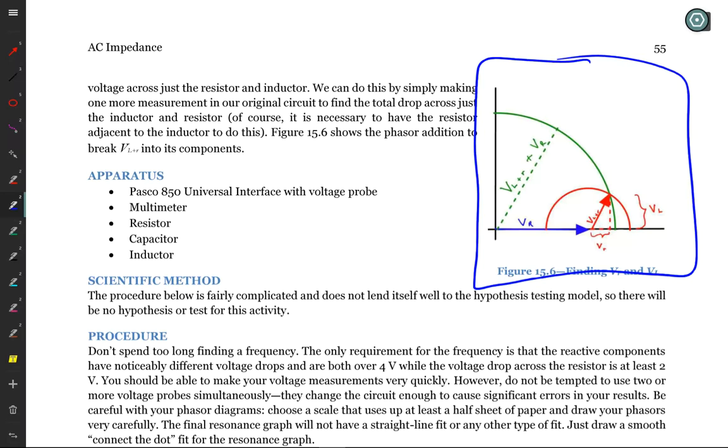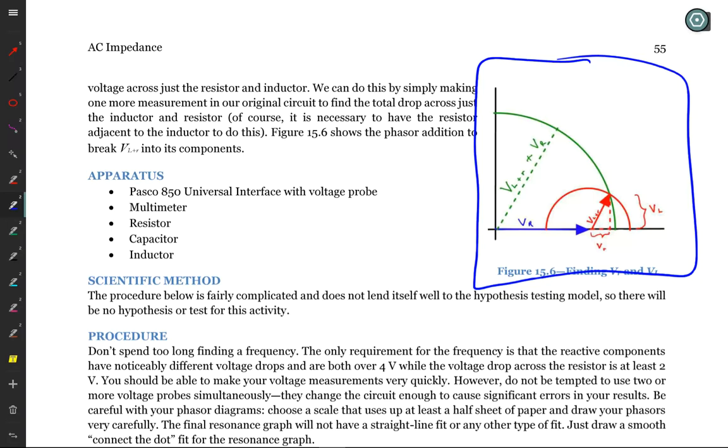And then because our phasors should add as vectors, you put the voltage you measured across the resistor starting at the origin horizontally. And then at the end of that, you have the voltage that you measured across the inductor plus resistor, V subscript L plus R. You set your compass to be the length for that from the end of the voltage across the resistor, you draw that arc, and where the two intersect is where the voltage across the resistor plus voltage across the inductor is equal to voltage across both of them. So that's what's being indicated here. The green is the voltage across both, the blue is the voltage across the resistor, and the red is the